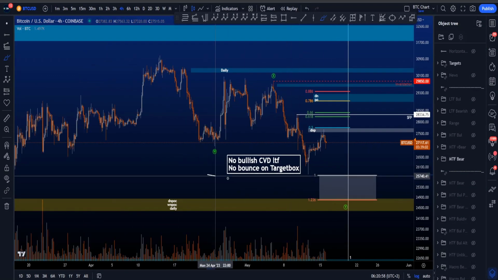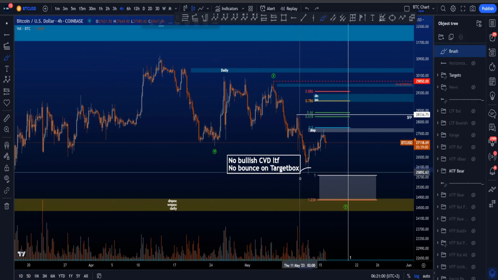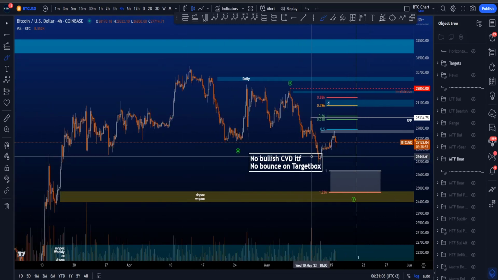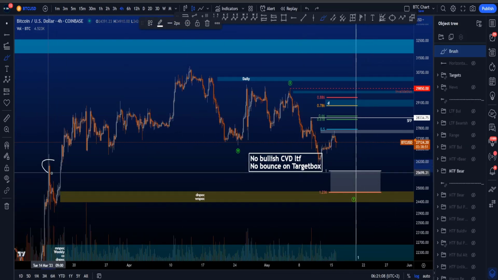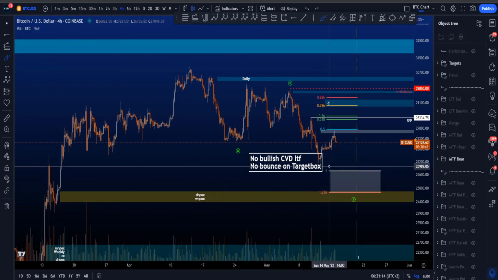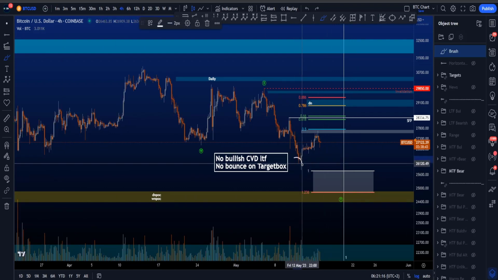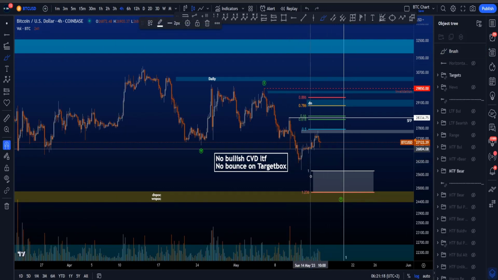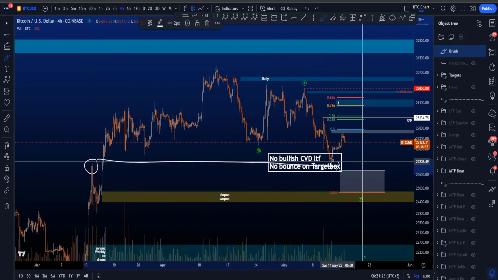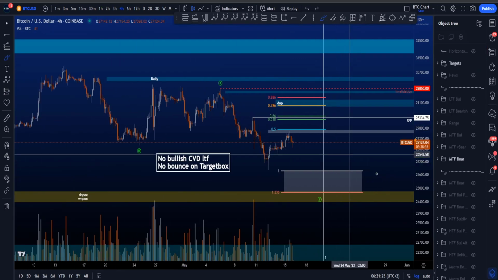The second reason is that I had no target box where price was bouncing at the moment. Of course, it can move to the upside because we did identify a support resistance area before price moved to the downside, which was this area over here. We found resistance with these candles, pulled a horizontal line in some of my previous videos, where eventually it said if price moves to the downside, that is the first little bit of support. And that's basically a support resistance flip, resistance over here, support over here, for then potentially a continuation to the